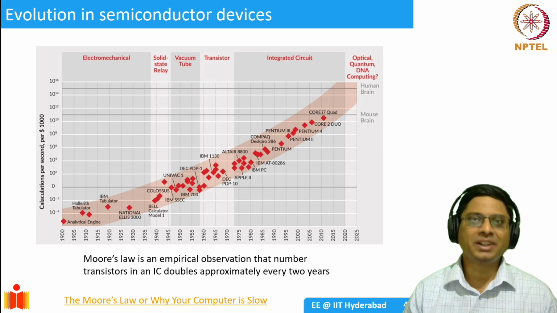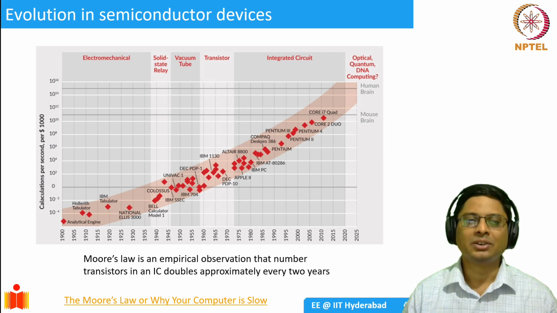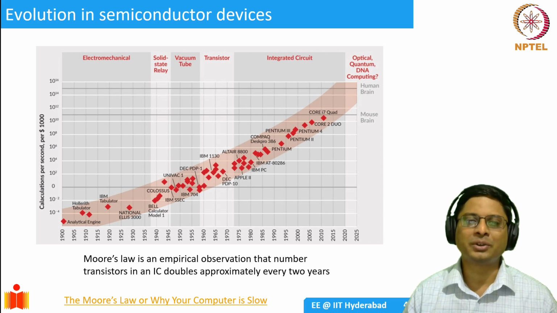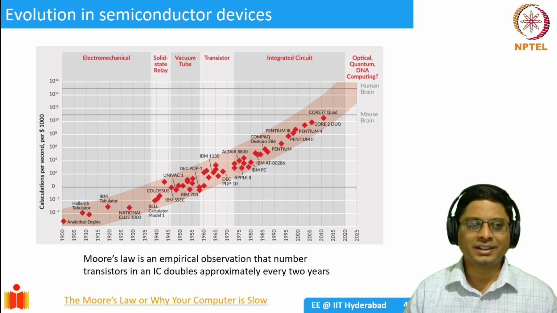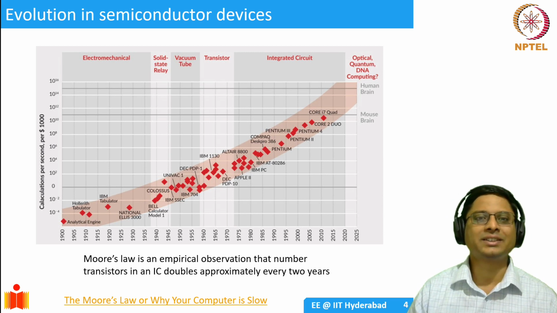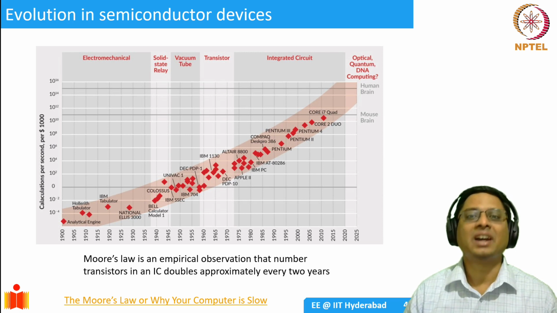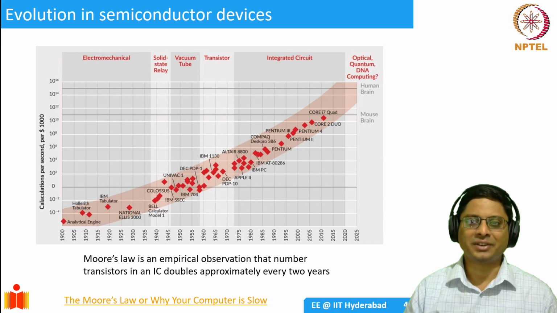So this phenomenal growth in the semiconductors has been captured famously by Gordon Moore, who was a chairman of Intel in the year 1965 or so. He predicted that the number of transistors on an integrated circuit would essentially double every 2 years. And the semiconductor industry sort of took this as a holy grail and they started racing against this goal. And they have been largely successful. And that is the story of our semiconductor devices.